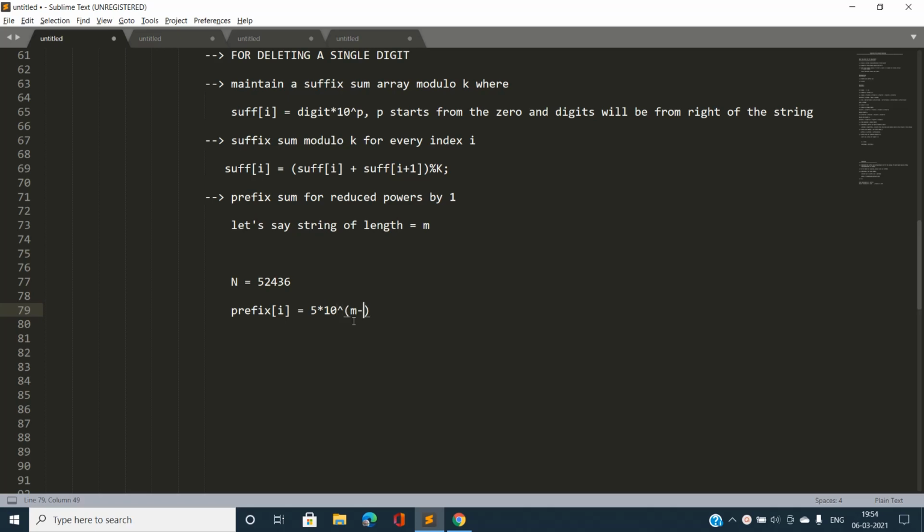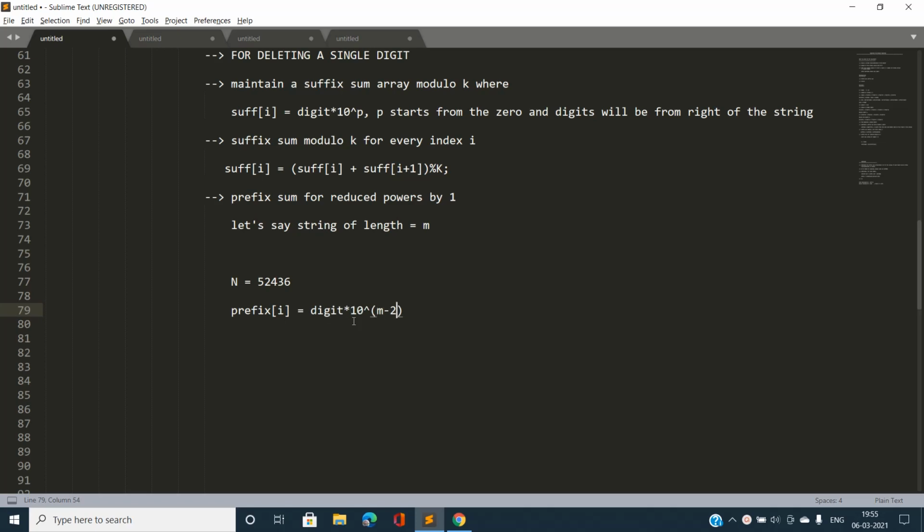But if I am going to delete an element, I have to maintain a prefix array with the power reduced by 1, that is actual power minus 1, m minus 2. So prefix of 5 will be, in the general case, digit times 10 power m minus 2.